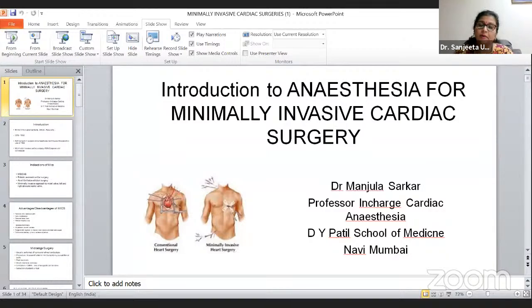With this ongoing COVID-19 pandemic, there is a lot of burden on the healthcare system. So fast tracking and implementation of the ERAS protocols are very important. And to do this, we can adopt techniques like minimally invasive surgeries in various fields. Though it is minimally invasive, we require maximum alertness and vigilance throughout the perioperative period,